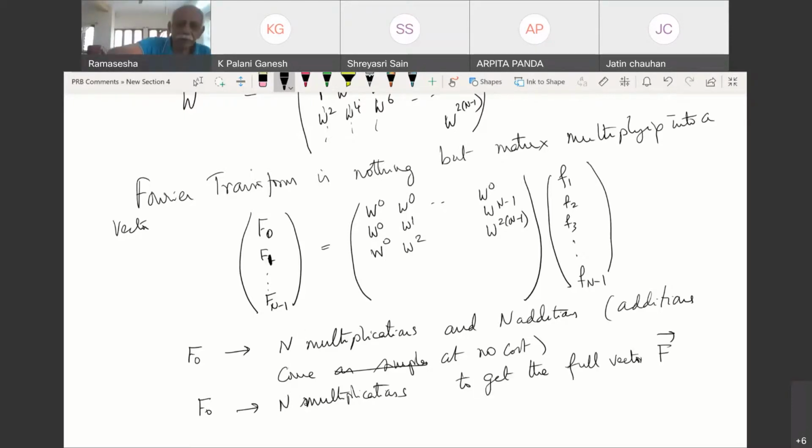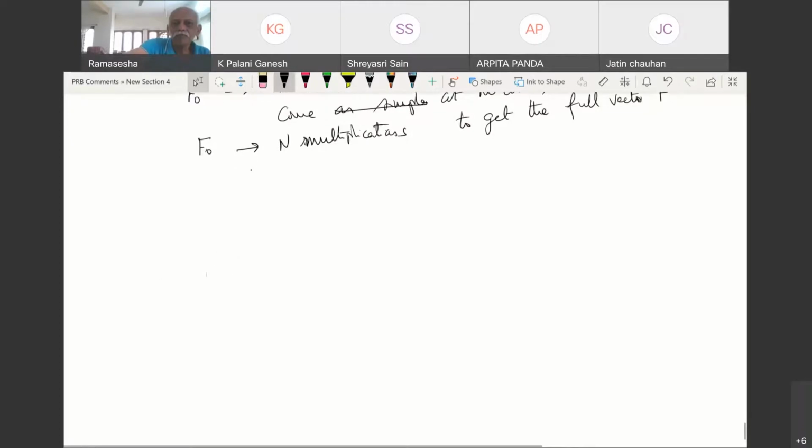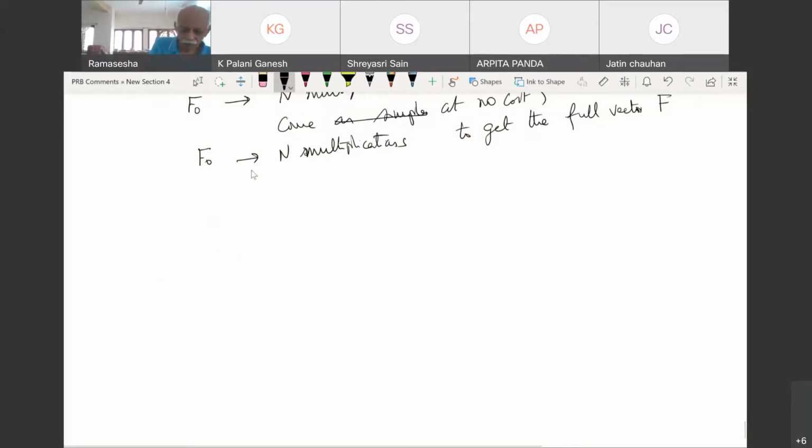So then we have to perform n squared operations. Okay, but there's a way of actually rearranging my calculations in such a way that